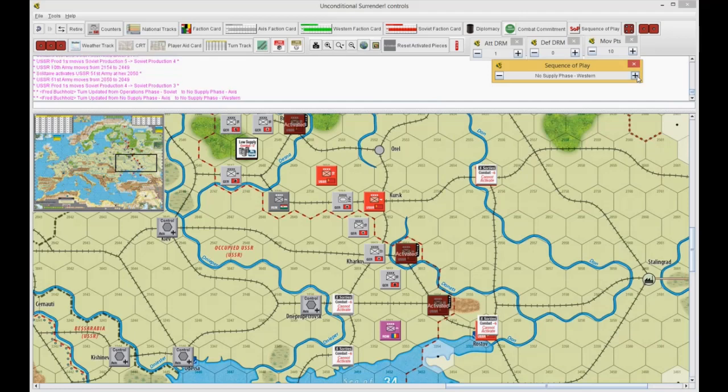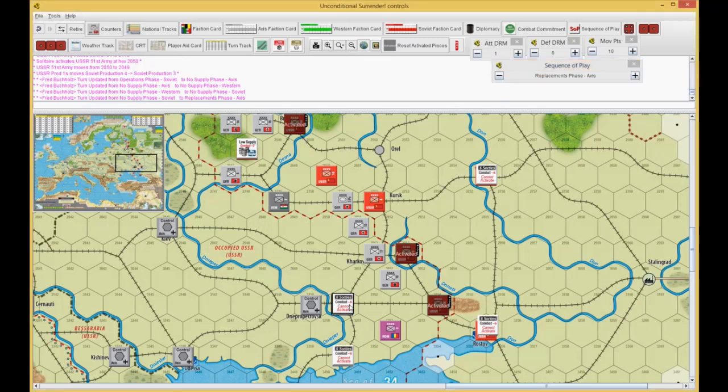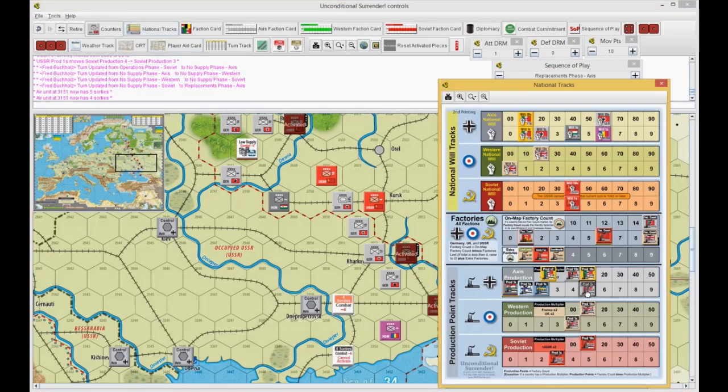There's nobody with a no supply marker on them. The replacements phase, Axis will do this one for 3. It's the Germans. Do they have...